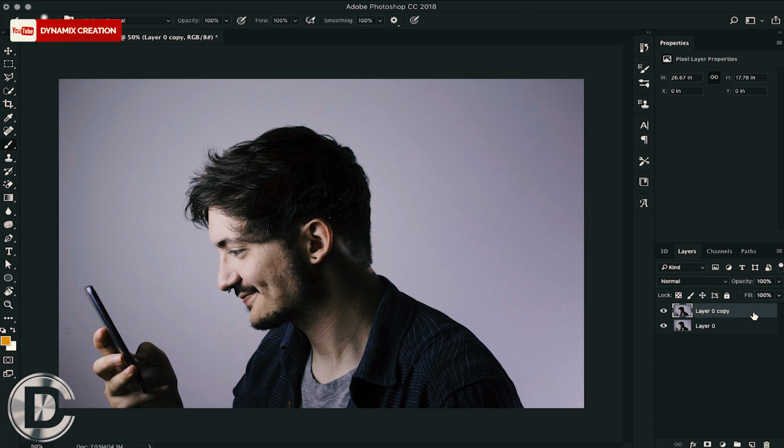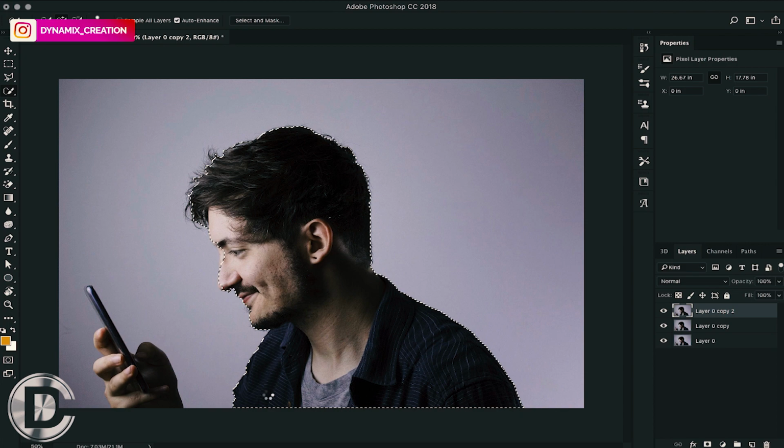So first we have to copy this picture 2 or 3 times so that we can reuse this picture later. Now I am using quick selection tool here to mask my object which I want to smudge.